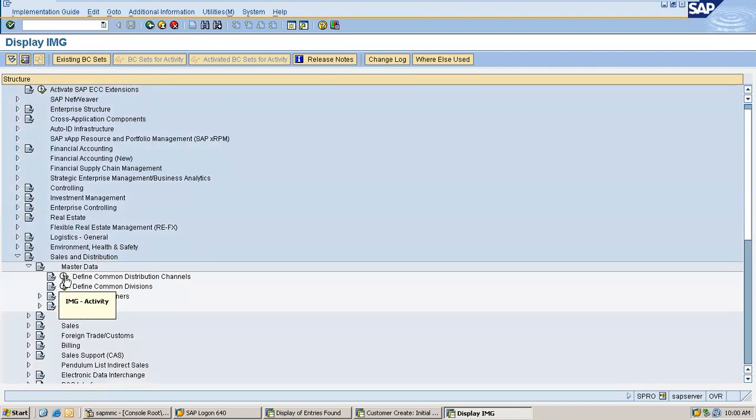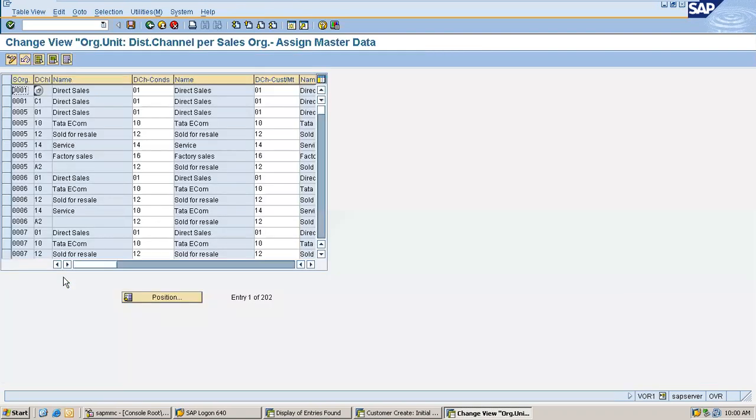Now click on define common distribution channels first, then go to common divisions. First go to define common distribution channels. You need to understand the entries here. The first row contains sales org, the next row is distribution channel. These two rows are the assignments brought from my enterprise structure assignment screen.